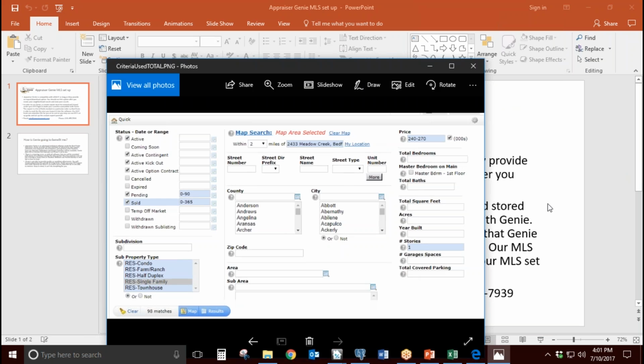Okay, so this little screenshot here just shows you the criteria that I used when I logged into Ntrace, which is the North Texas MLS. So if you guys use that, it should look exactly the same. I logged into my MLS first. All I did was log in, created a neighborhood search based off the subject I was using, and I grabbed my actives, my pendings, my solds. I went back at least 1 year because Genie does produce the